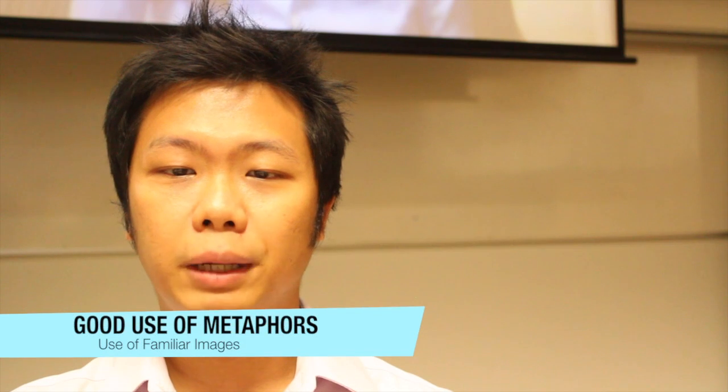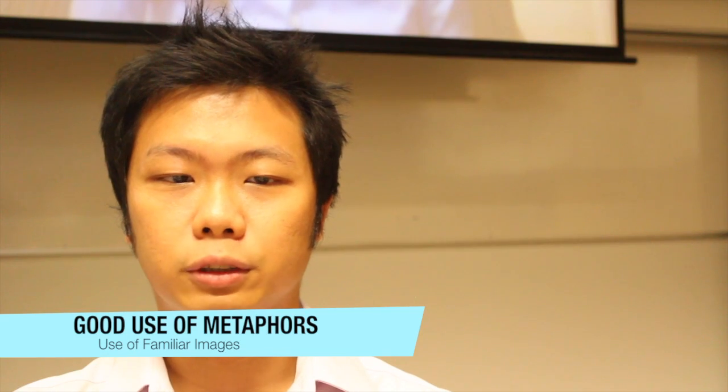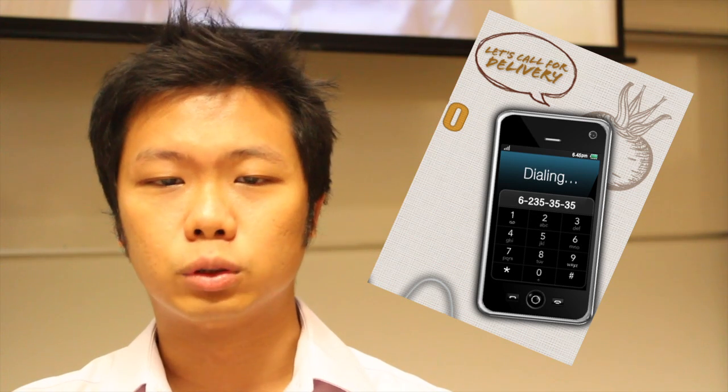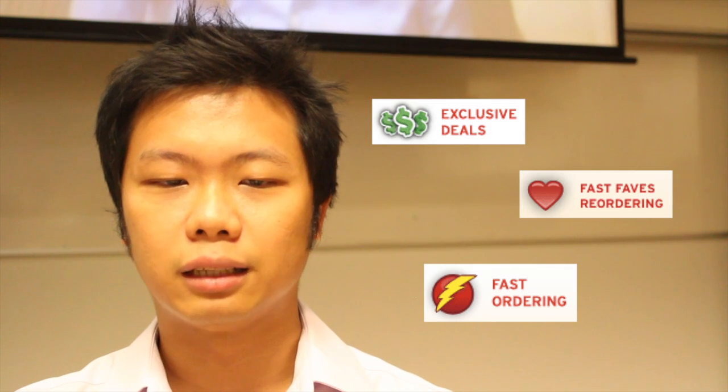From our analysis, Pizza Hut did come up with some good metaphors. For example, on the main page of Singapore site, if someone wanted to use telephone ordering, a phone image is available. By looking at the phone image, one would be able to draw the link to phone delivery. Furthermore, on the US side, to display the benefits that users would get for ordering online, the usage of images that are common for discounts like the dollar signs, the heart, and the flash symbol helps users to easily relate and understand what benefits they will be able to enjoy.